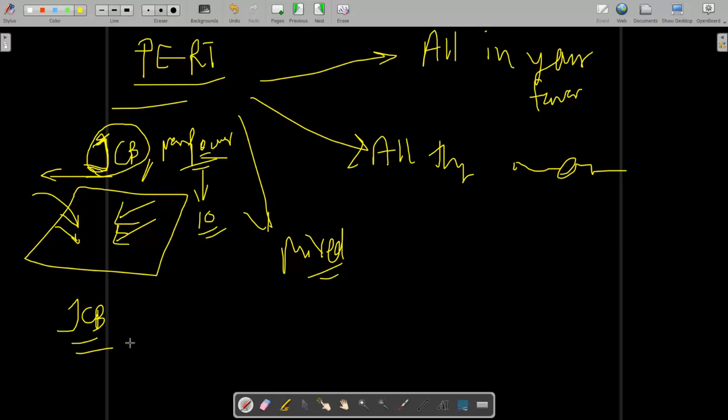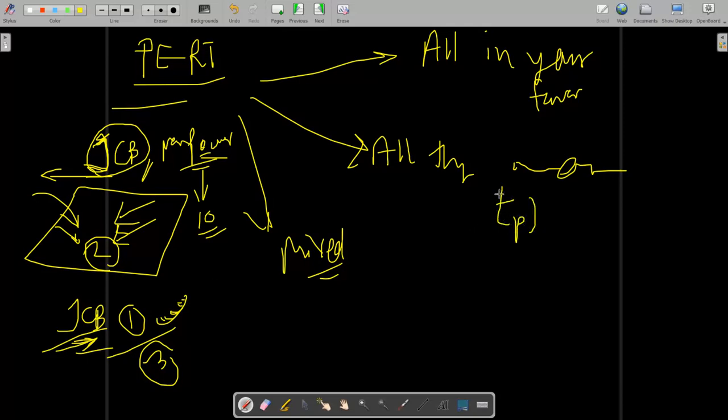Okay, so if your digging time is 2 days, but your JCB repairing time is one day, so here the JCB broke down. Okay, so your total time for digging up the land is 3 days, so your one day time will increase. Here what happened, whatever you have thought, it is not in your favor. Okay, so this is known as pessimistic time, TP. All things go against you, that is pessimistic time. Now when all things are in your favor, that is optimistic time, that is minimum time, optimistic time.